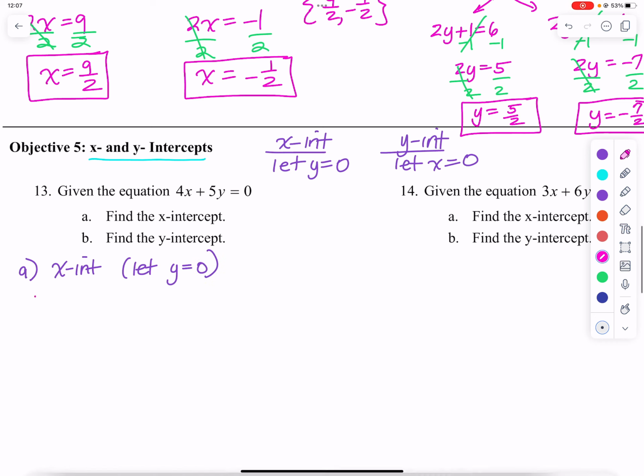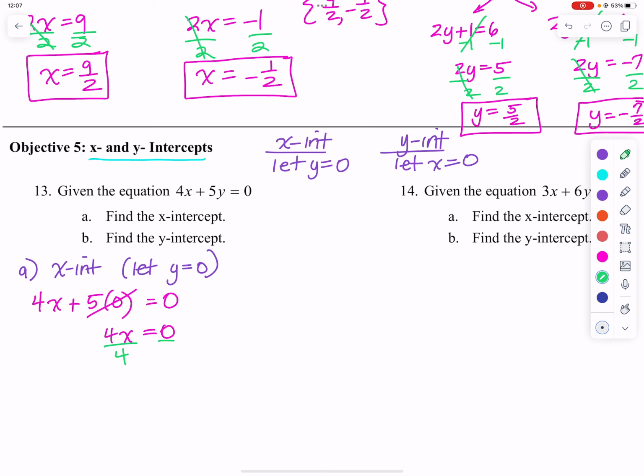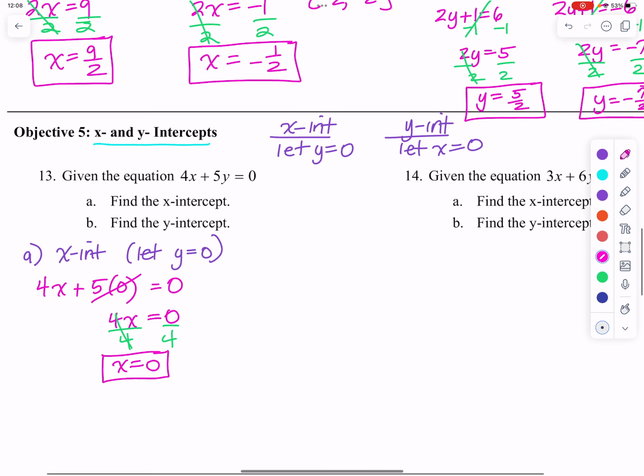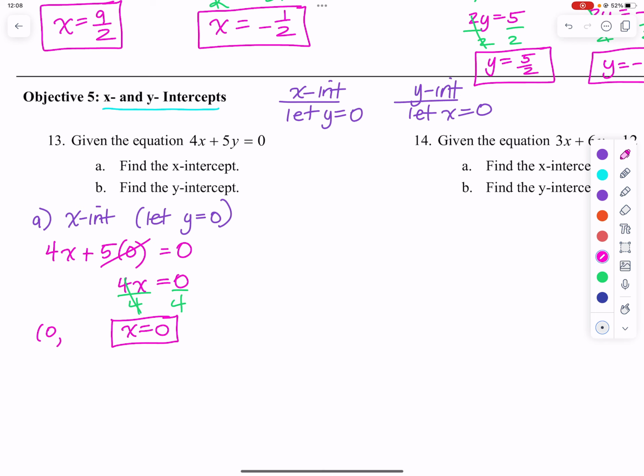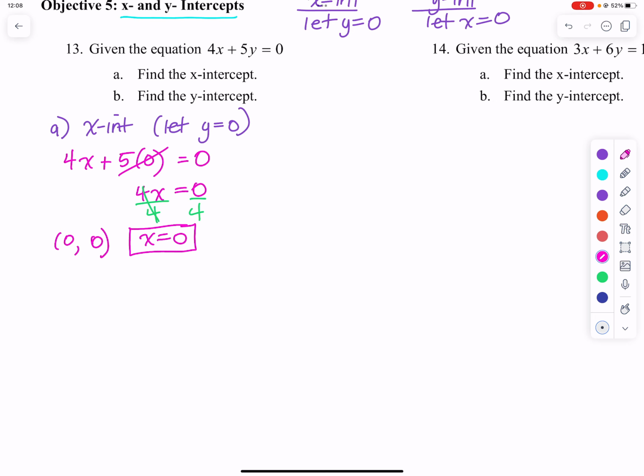So let's do that. 4x plus 5 times 0 equals 0. 5 times 0 is 0. 4x equals 0. Dividing both sides by 4, you have x is equal to 0. So x equal to 0 is our x-intercept. Now, you could go ahead and say that when x is 0, y is 0. Okay? So now let's go ahead and find our